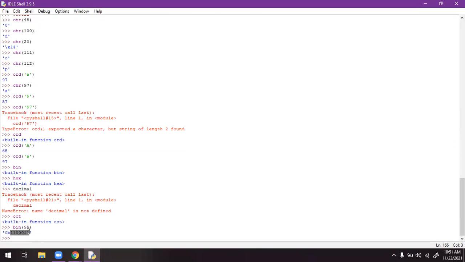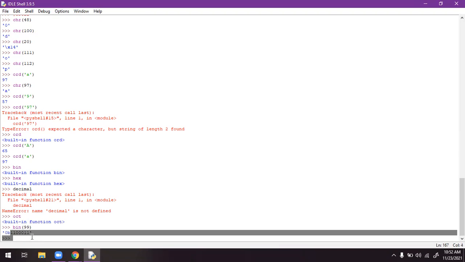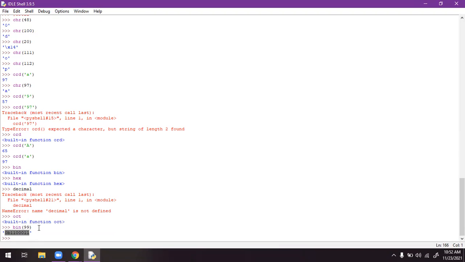This entire 1100011 is the magnitude of 99, and this b is nothing but binary. It is suggesting that it is a binary number, and 0 suggests that it is a positive number.